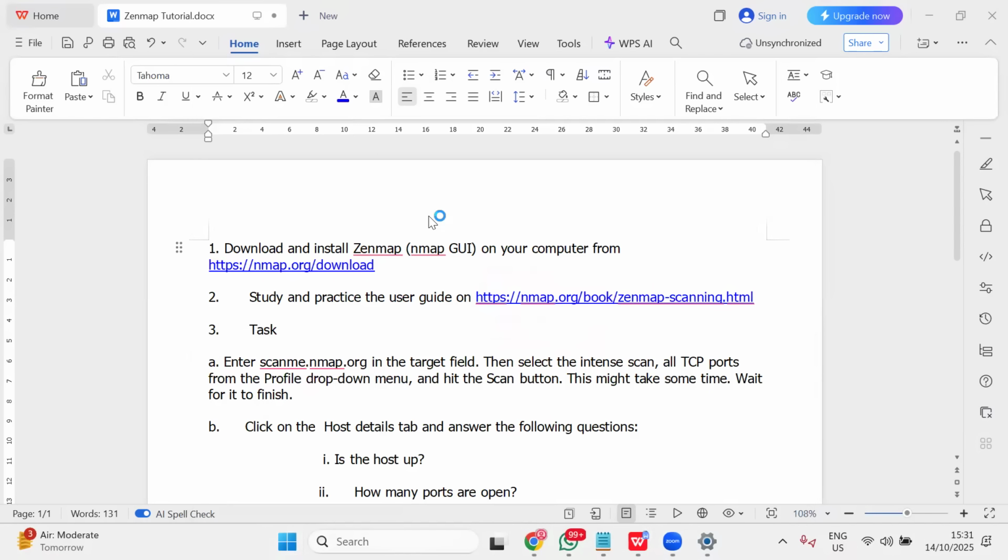Now, once you load Zenmap, but first of all, what is Zenmap? Zenmap is just a tool that you can use to scan your network. So a few things you want to be able to do. Anytime you're doing vulnerability assessment of a network, anytime you want to check if a network has some vulnerabilities, in